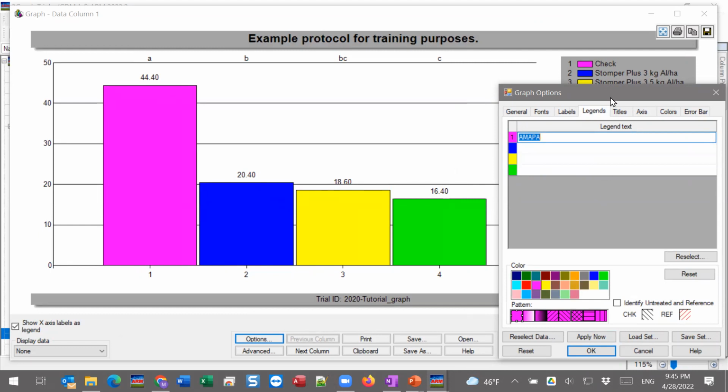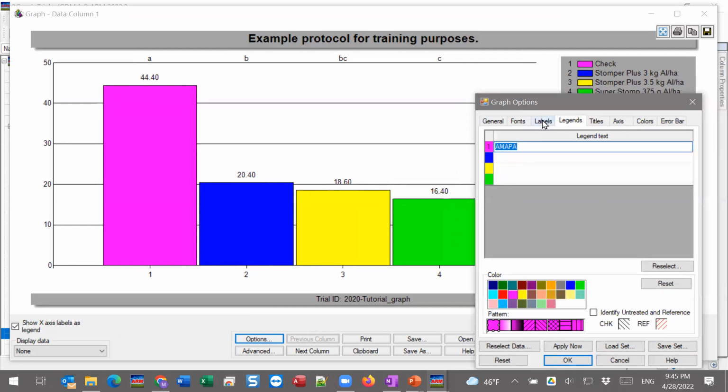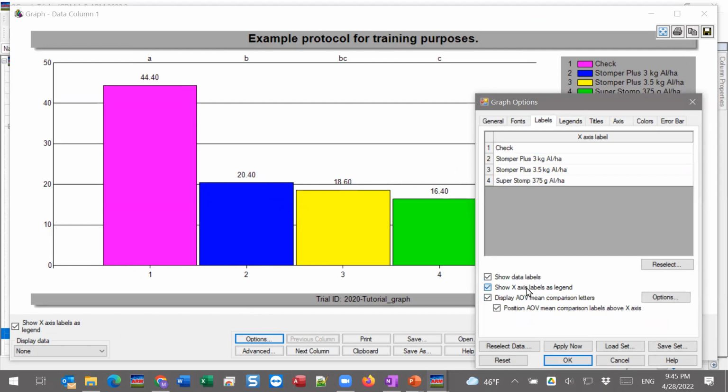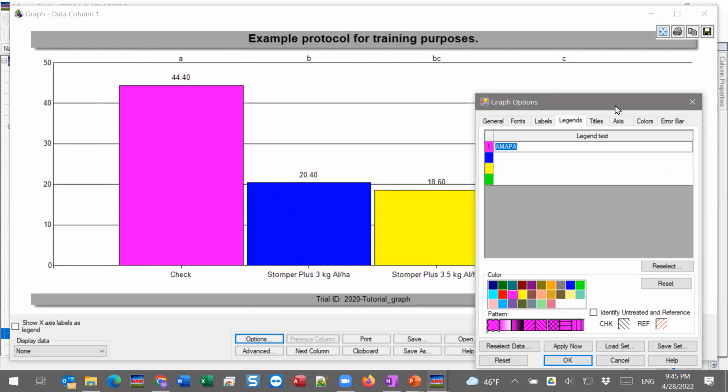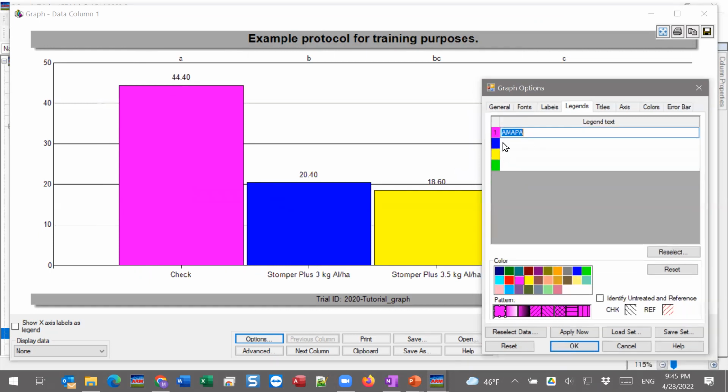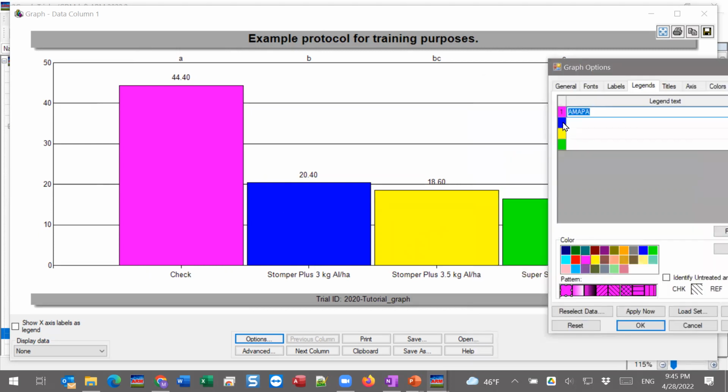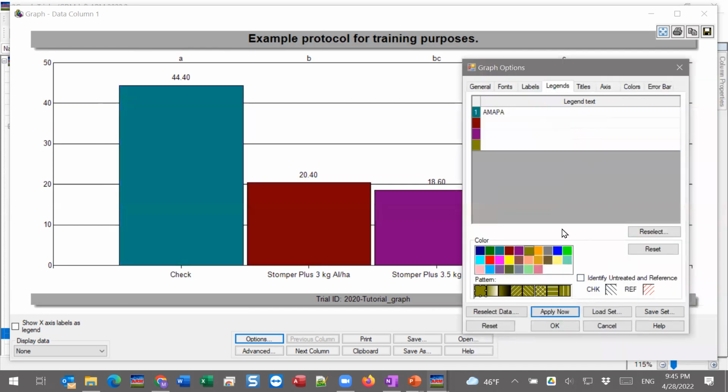Legends: in this case, since I've got the x-axis, let me turn off the x-axis labels as a legend, so that way we would have just the one. And so this is going to be the colors associated with each treatment. So if I wanted to change the color selection, maybe I want to do this turquoise, and maybe that's probably too close then to that color. So I'll just pick a different one, maybe I'll just run down the list here since they all kind of work together. That'll change the colors